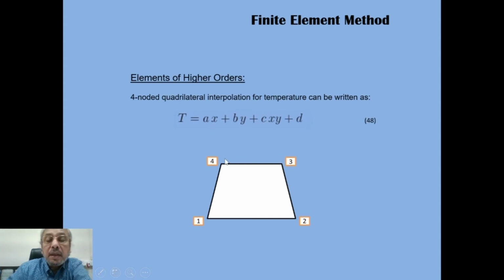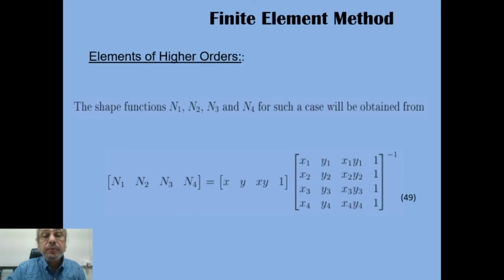And again, shape functions have to be determined, which are at different points. Shape functions will be N1, at this point we will be having value 1, other points it will be having 0; N2 at this point it will be having value 1, other points it will be having value 0. Similarly N3 and N4. And first of all, we have to find it out the way we found out for triangular element, and then we have to perform the integration.